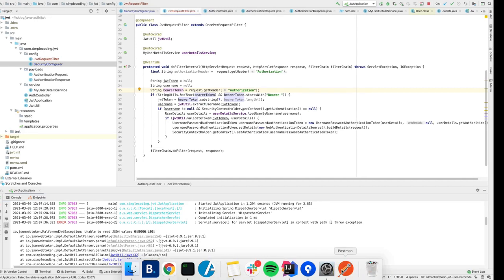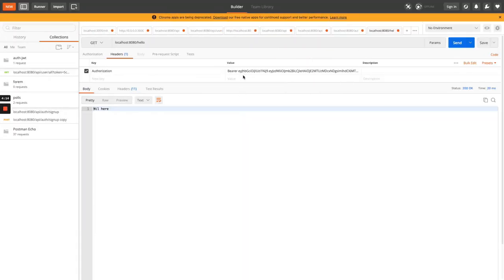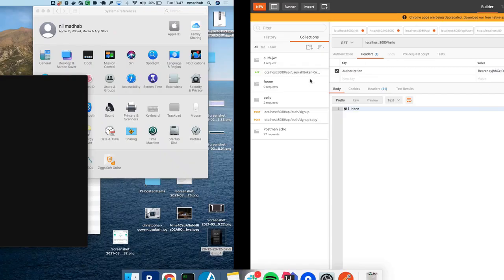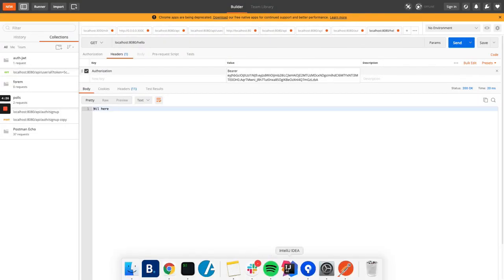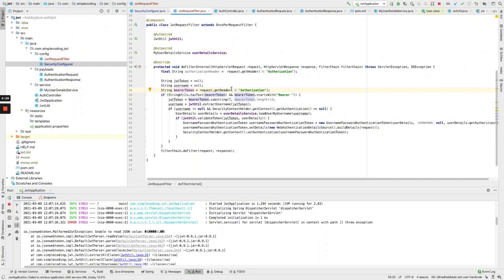So if I explain it this way, we will pass the token like this: bearer, and then the JWT token, and from that token we'll take out the bearer part, and from that we will extract the username from the JWT util. We will cover it later.